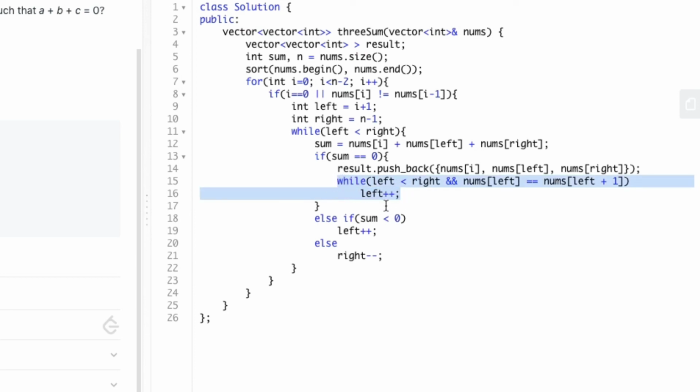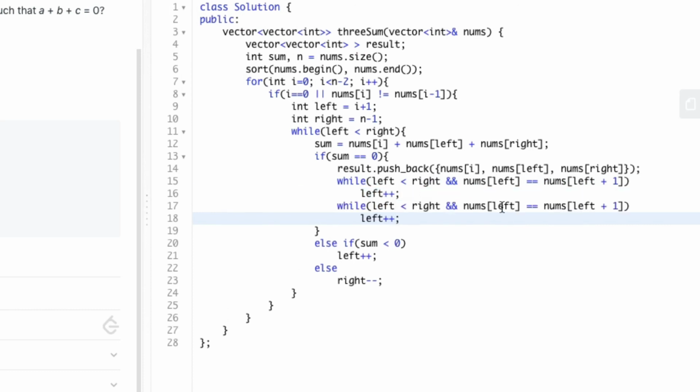And similarly, we insert another while loop where we check whether nums of right is equal to nums of right minus 1, and if so, we decrement right.